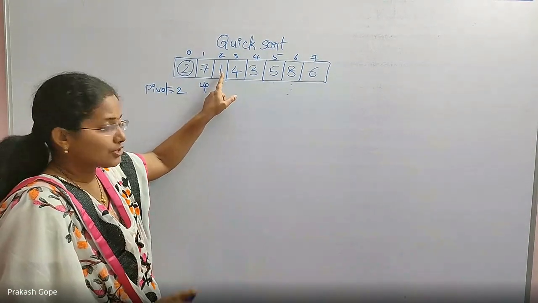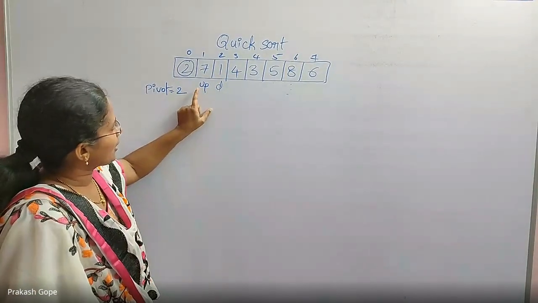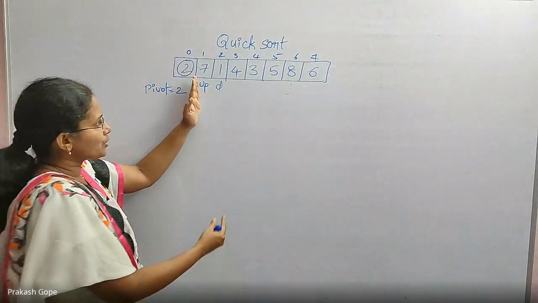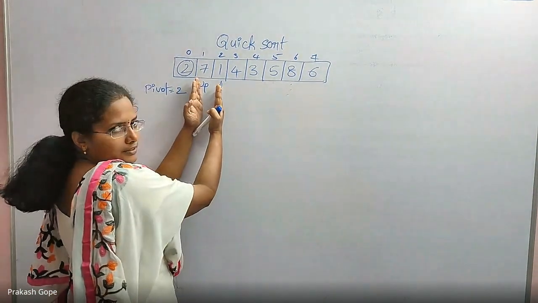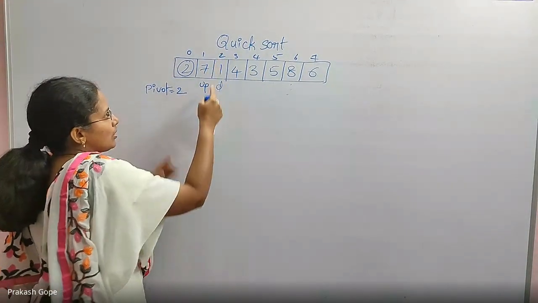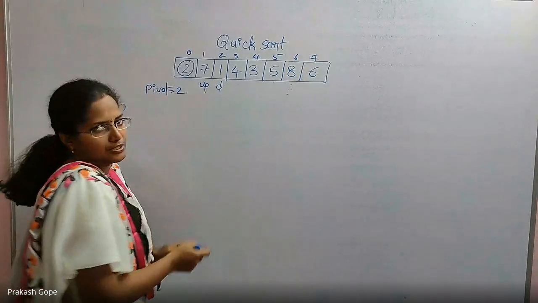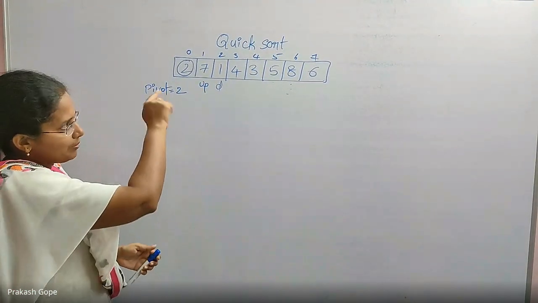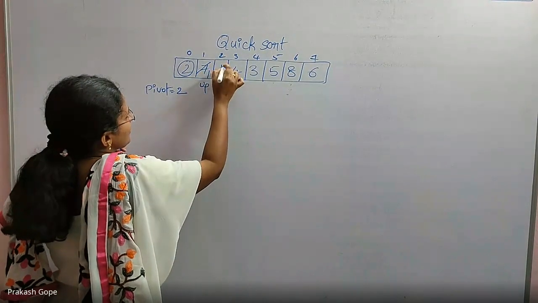Up of down is not greater than pivot. Now you stop. Now let me check up and down. Up started here, down started here, and they have moved like this. Still up is less than down. Up means 1, down is 2. Still up is less than down. Then you need to swap the two elements of up and down, so that 1 will be here, 7 will be here.